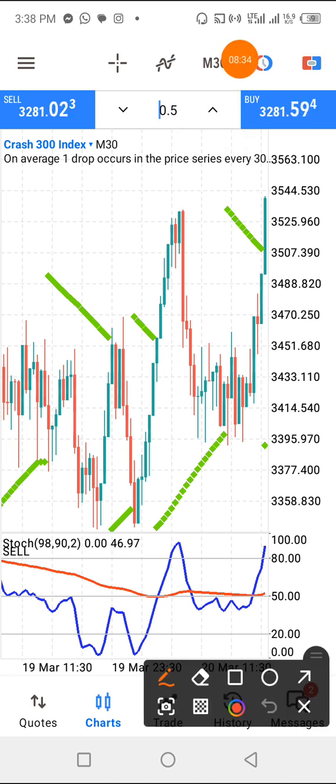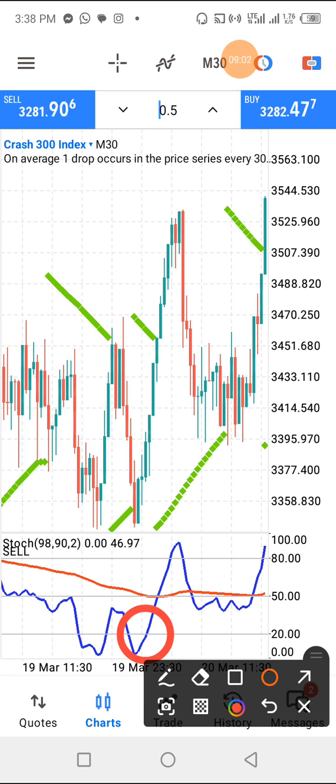We want to see a scenario like this. We want to see this blue line crossing the red line above level 20. Let the red line be around level 20. There is a reason: sometimes if it's around that 50 level, price may get there and spike. So watch it around level 20. When it crosses around that level 20,